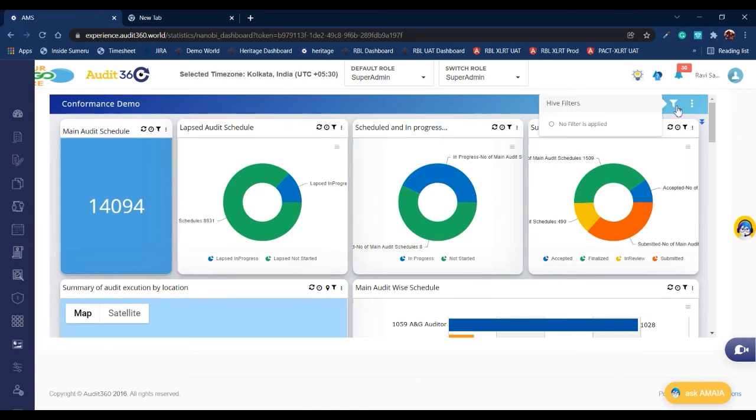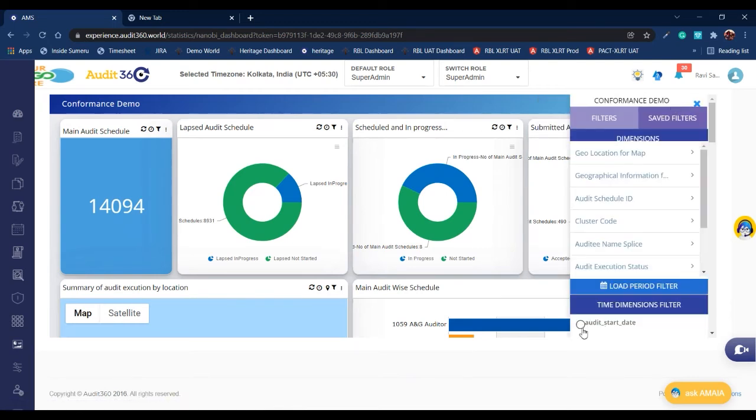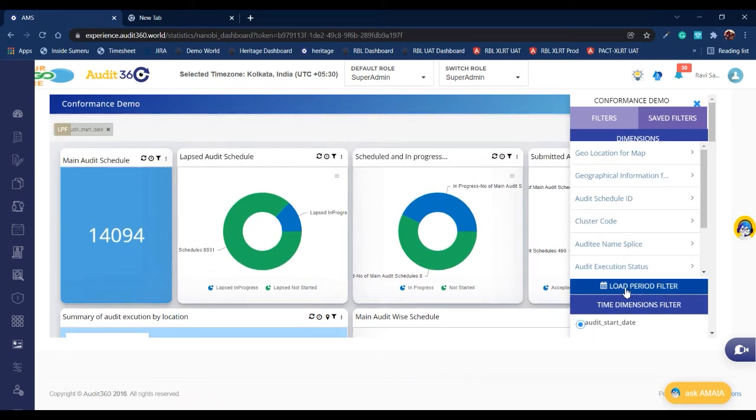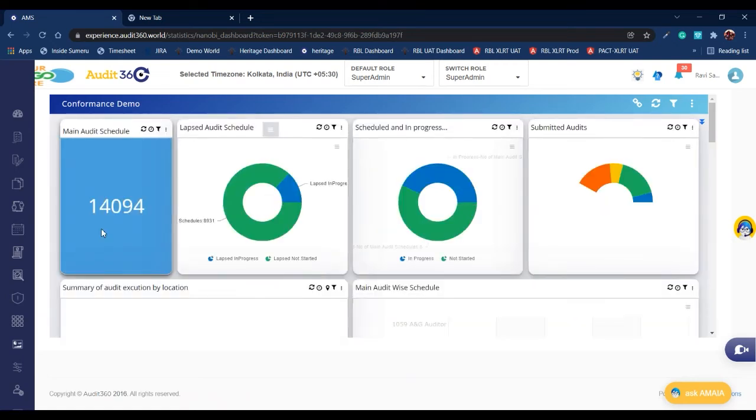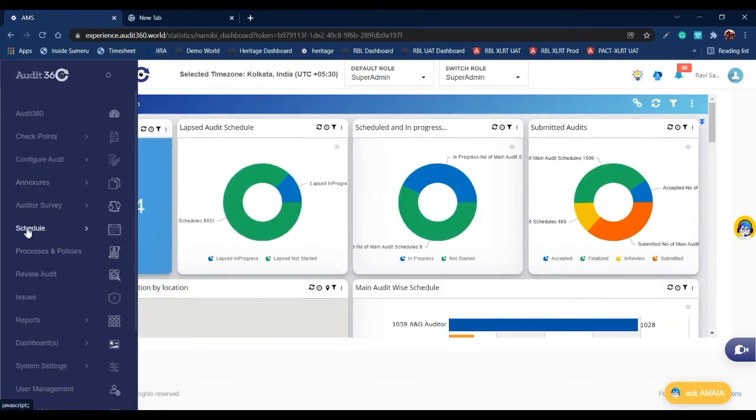If you want to see these details on a start date basis, then you have to select the time dimension filter as audit start date. Then you can do the filter. If you directly do the load filter without selecting audit start date, it will not give you the result as you expect, because in our schedule